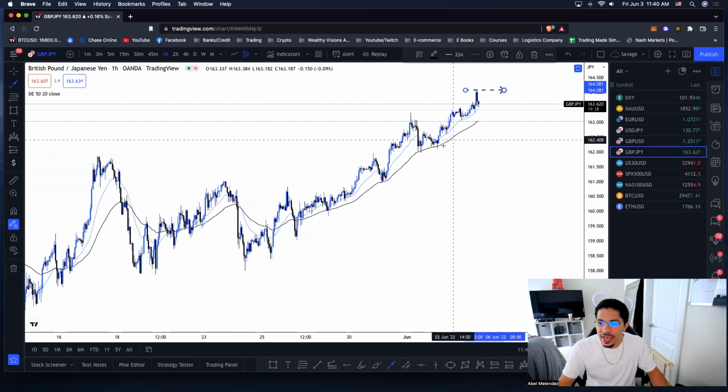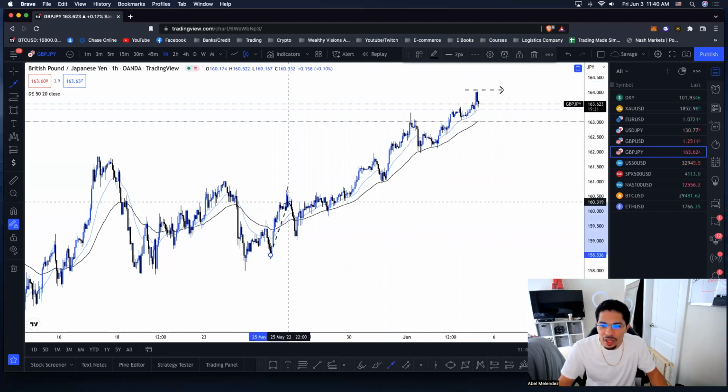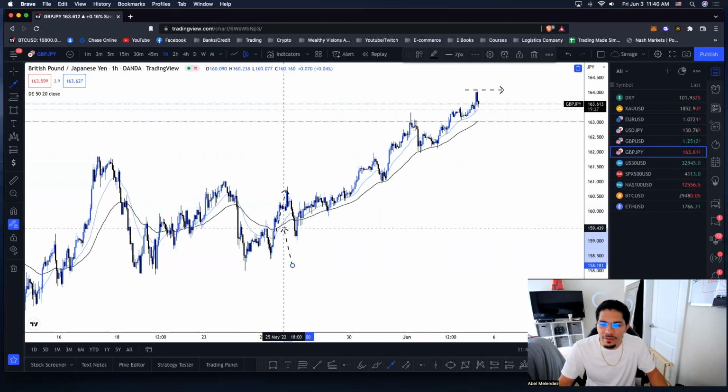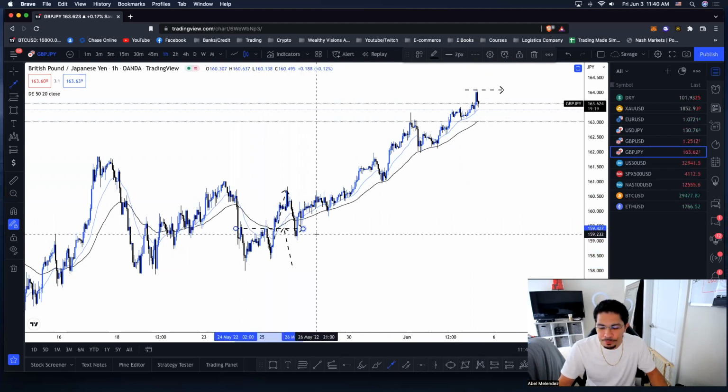So if we're looking here at GJ, guys, and we're looking at this entire trend, what do I mean by that, right? Well, let's look from over here. We had the market give us a strong push up. The moving averages shifted. We are now bullish because the 20 is above the 50. We identify, which is going to be step number 2, levels of structure and support and resistance.